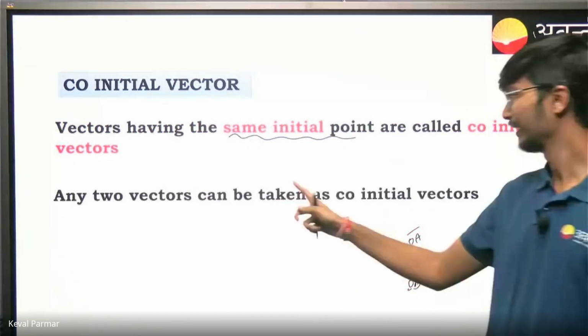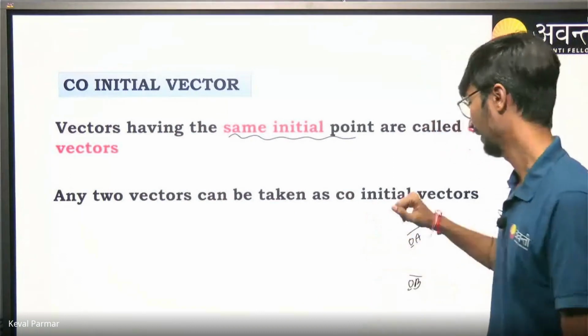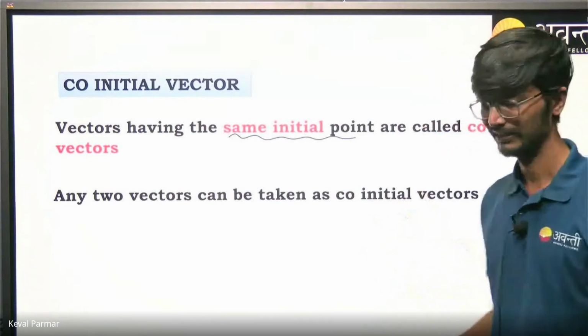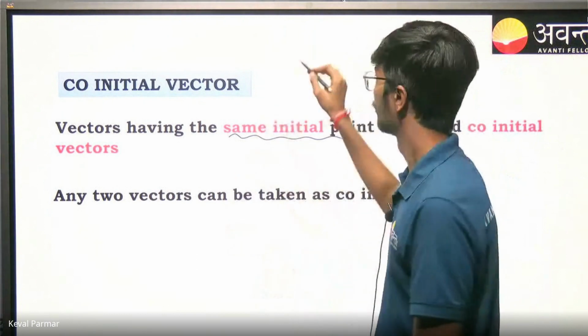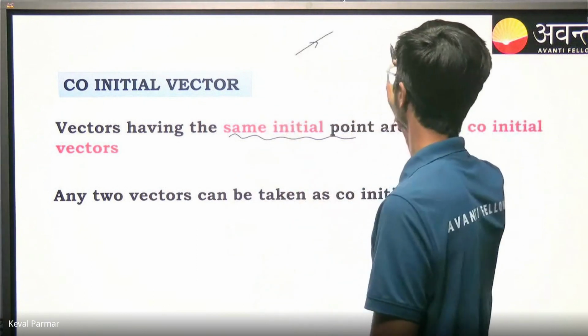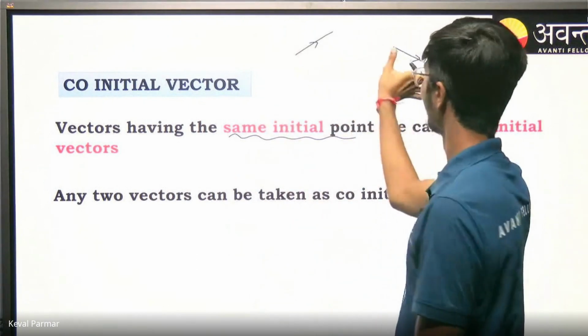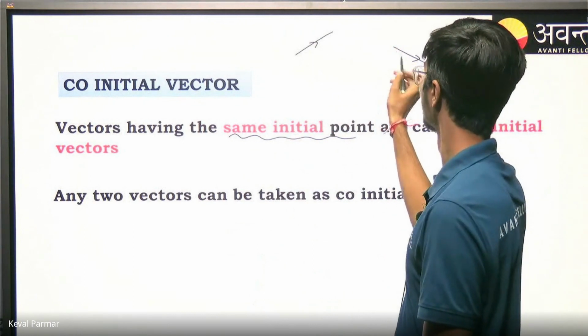Any two vectors can be taken as co-initial vectors. Why? Because here we have free vector theory. So any vector, this is some vector, this is some vector. Now I can move this vector here by free vector theory, and these two vectors become co-initial vectors. So in mathematics,